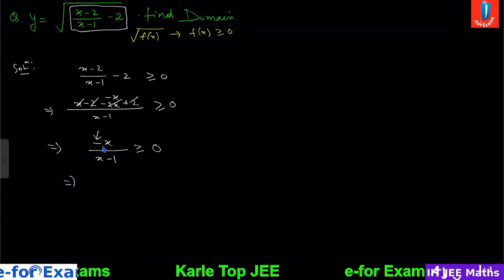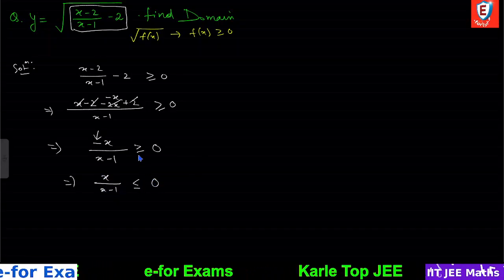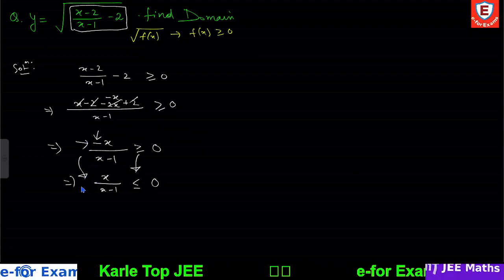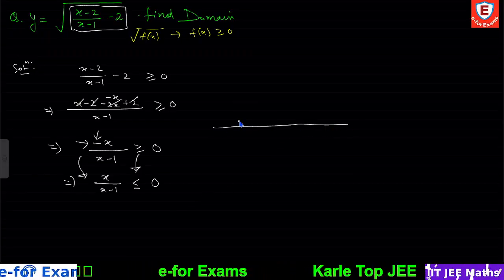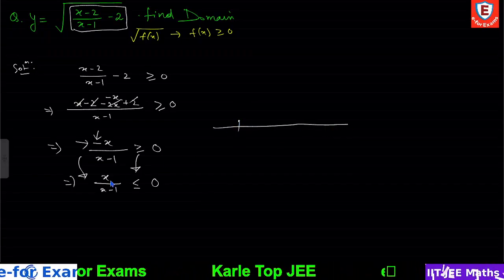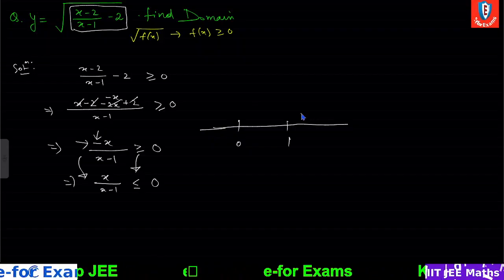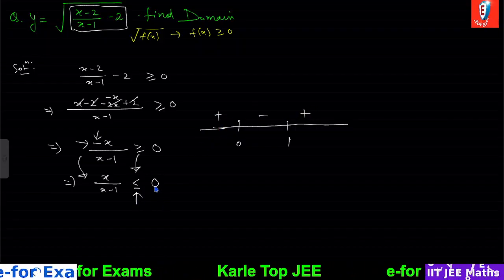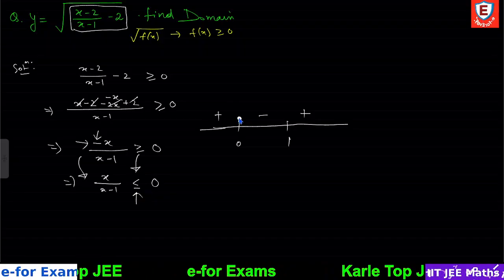Eliminate the minus by multiplying with minus, then x by x minus 1 is less than or equal to 0. The sign is changed because we are multiplying by minus. Now you can plot. From the numerator we get 0, from the denominator we get 1. Critical points, so plus minus plus. Since this is less than 0, that means negative intervals, and equal to is there, so we will use a dark circle including 0 and